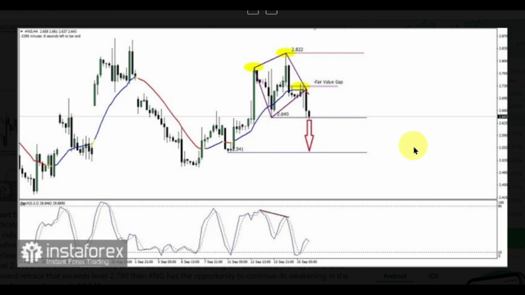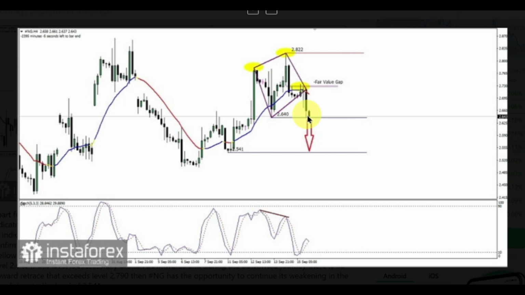Let's talk about the natural gas perspective Arif Makmur describes. Apart from the appearance of divergence between price movements and the stochastic oscillator indicator, as well as the price movement being below WMA20, which also has a decreasing slope, this all indicates that in the near future, natural gas on the 4-hour chart has the potential to weaken,